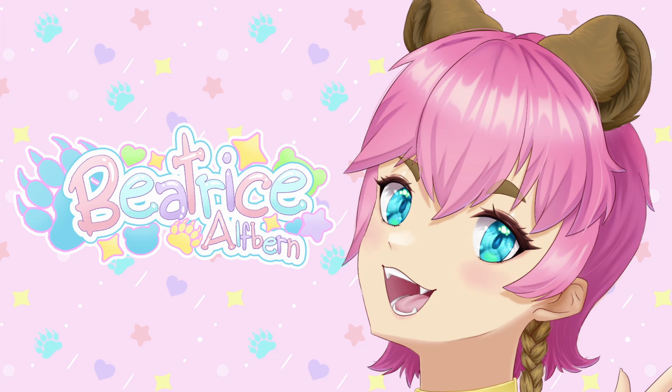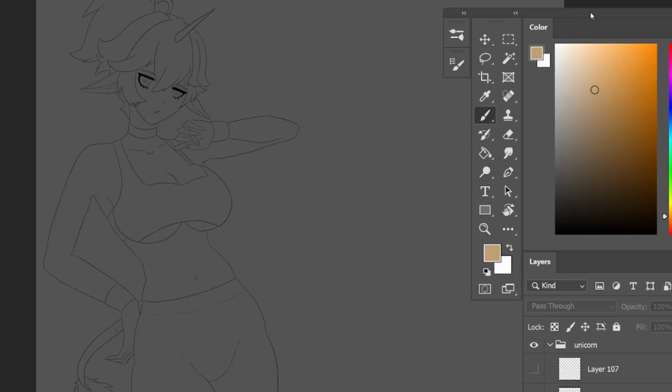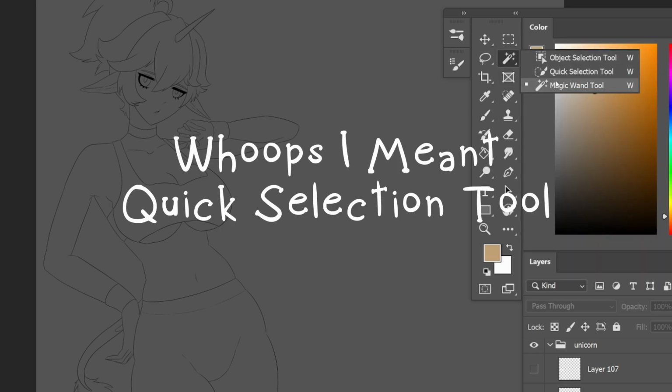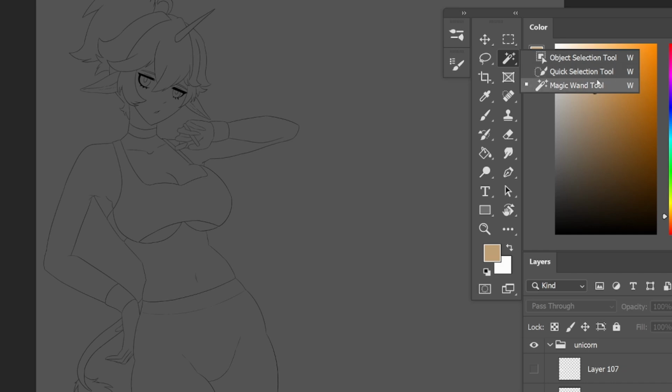Okay, so, lasso tool. I did a video on that before, go see that, but there's a version of the lasso tool that's really cool that I didn't know about till like this week, and I really wish I knew this a long time ago. So basically, what the lasso tool is, you right click, and then you press the wand tool, the magic wand,